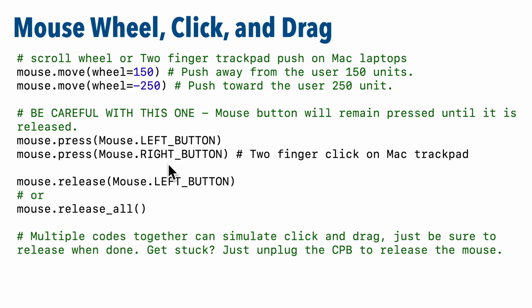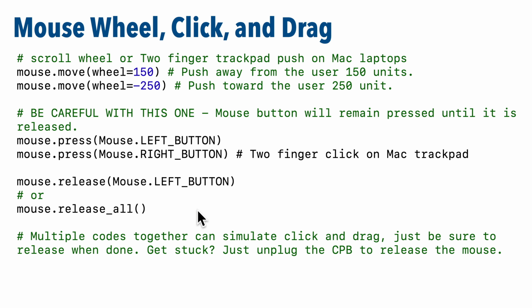But know that if you use any of these commands, any subsequent move commands you issue, like moving the XY coordinate or moving the wheel, will seem like you're clicking and dragging or clicking and scrolling. So when you're ready to stop holding down the mouse, you want to issue the command mouse.release, then pass in either mouse.left button or mouse.right button, or you can use